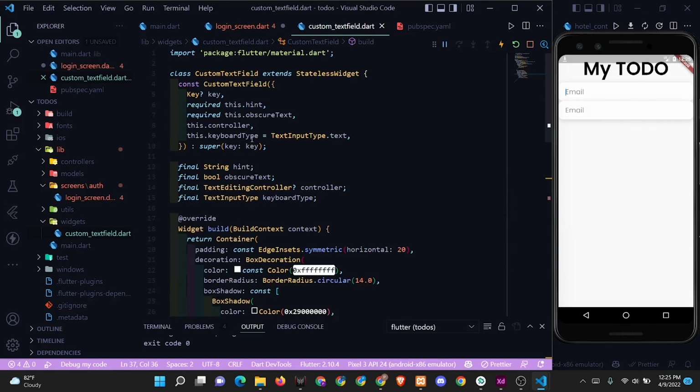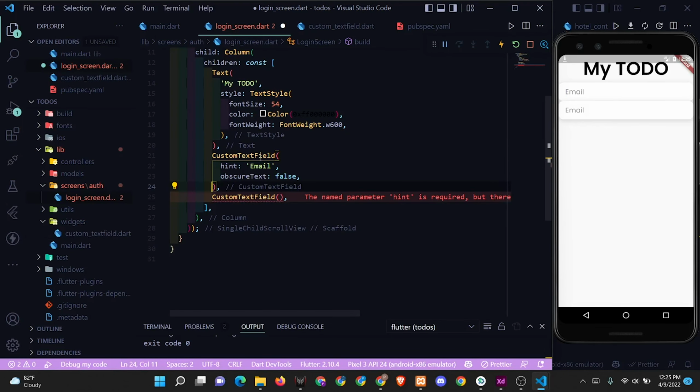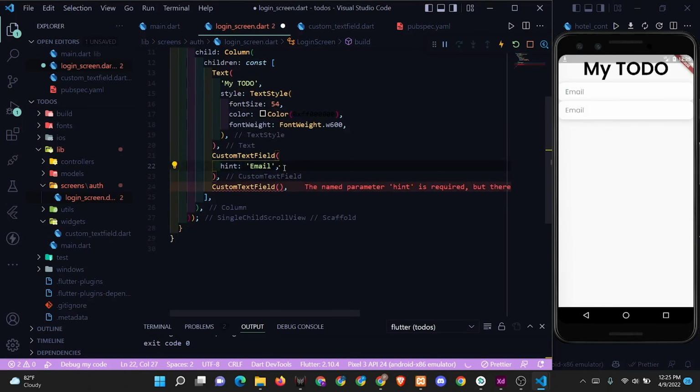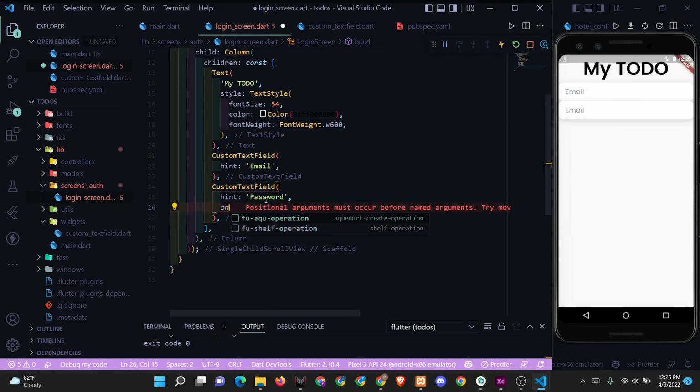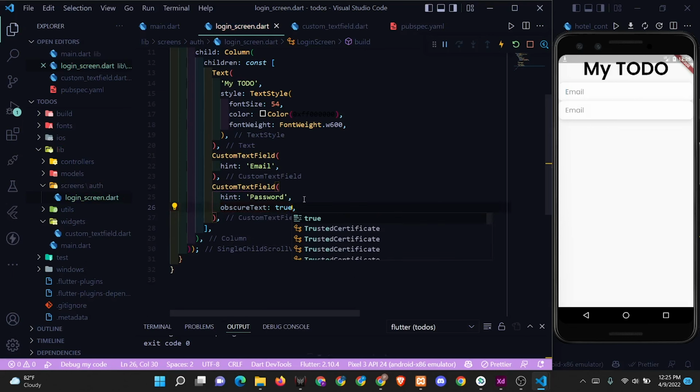So our obscure text will not be required because it will be false by default. So this was for now. For the password, I will need password, and obscureText will be true. Let's save this,